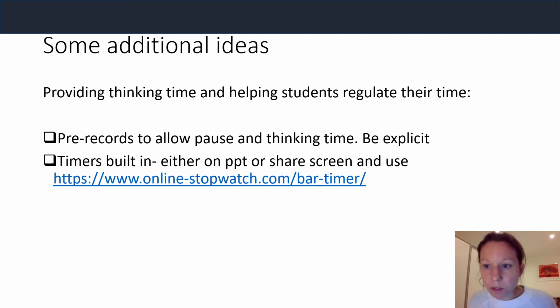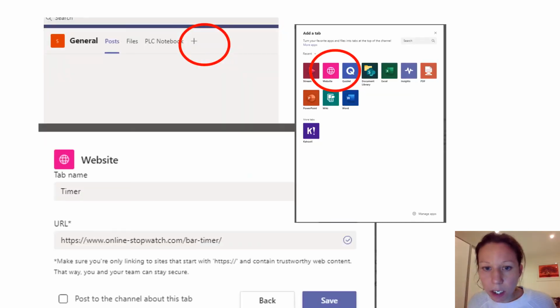But I have discovered, and I've done a few screenshots to try and help you find your way, that within a team, so I've gone into the SLT team here to demonstrate it, but if it was your class team, you go to the plus button at the top. So you have to be within your group. You go to the plus button, you select that you want to add a website. You rename the website, and I just called it timer, and then I put in that web address